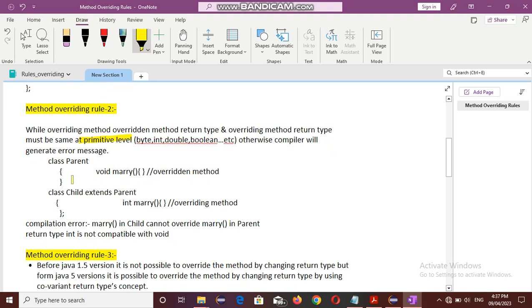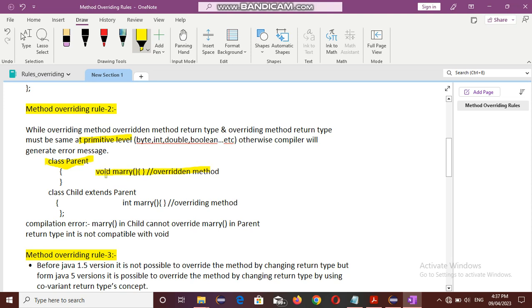To demonstrate this, there is one class called parent. Its method is the marry method, and the child class extends the parent class, and the marry method is also available here.